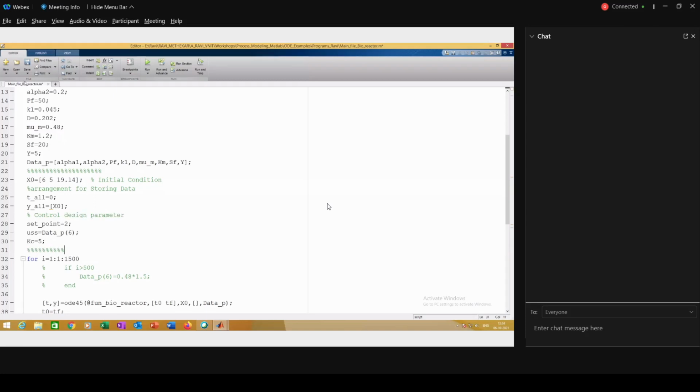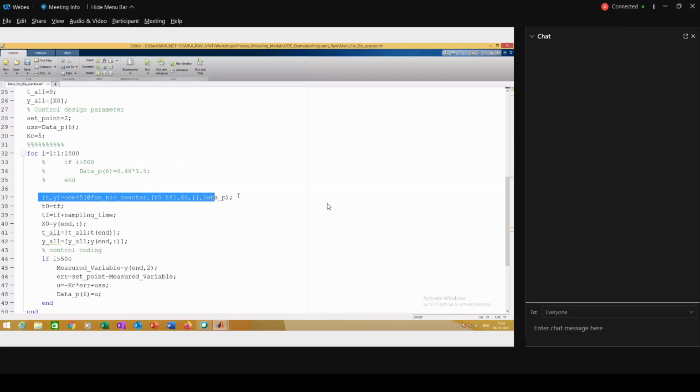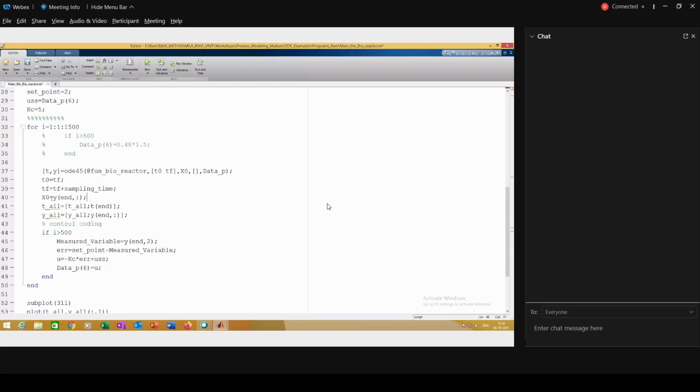So we got all these parameters. Then here I am solving my ordinary differential equations. Here I am updating my initial time instance, and here my final time instance. The jump between these two should be the sampling time. Here I am updating my initial conditions corresponding to my sampling time.